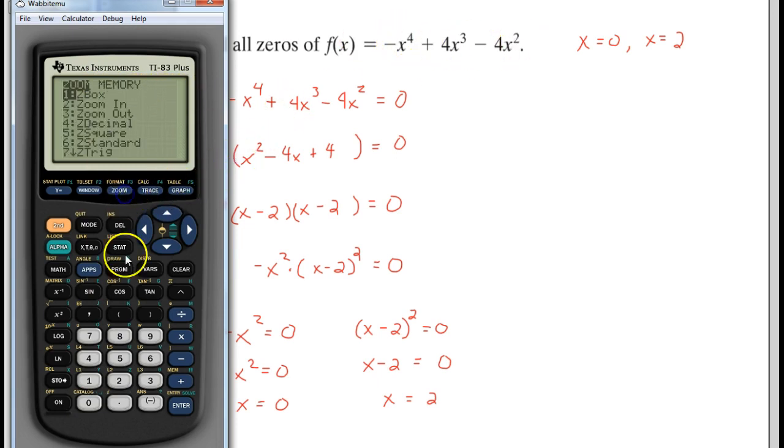Alright, so this is our polynomial. I'm going to press zoom 6 to graph it, make sure we're in the standard window, -10 to +10. And this is what I end up seeing. So 0 was a 0, so there's 0. 2 is a 0, so there's 2. And what I want you to get in the habit of when you see this, if you haven't already done the work, if you're just graphing the polynomial and you see this,